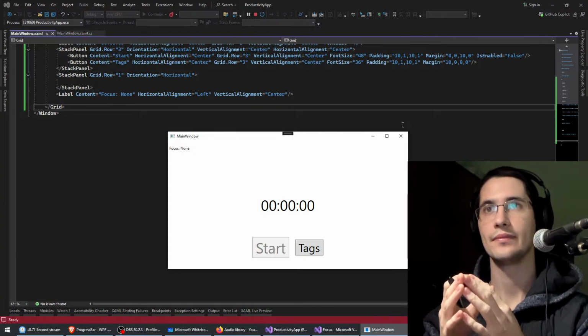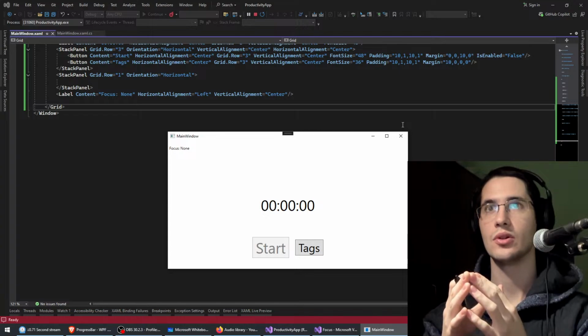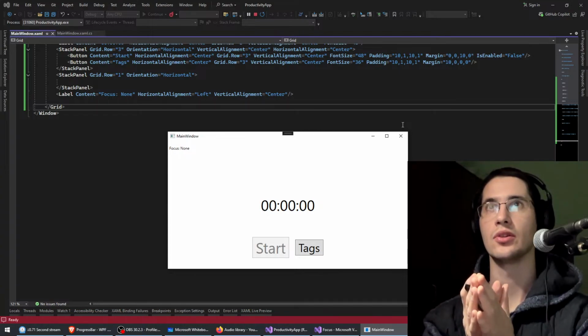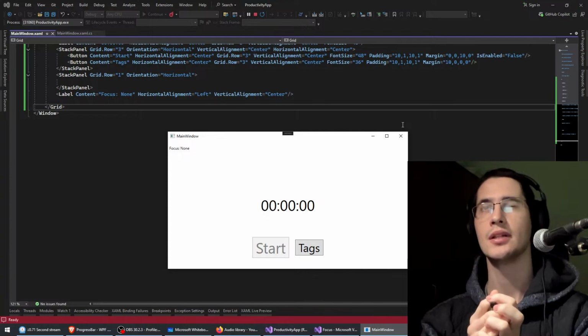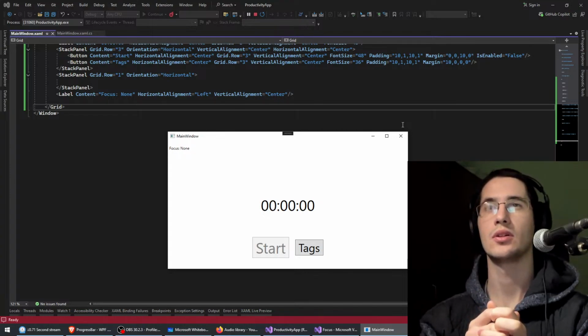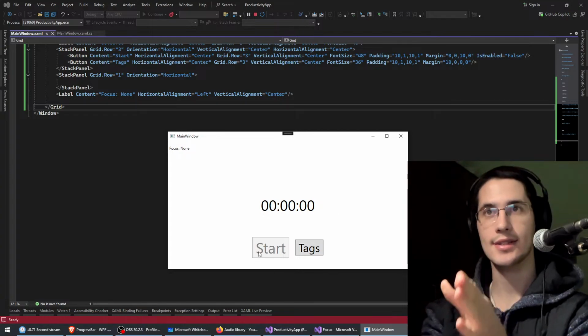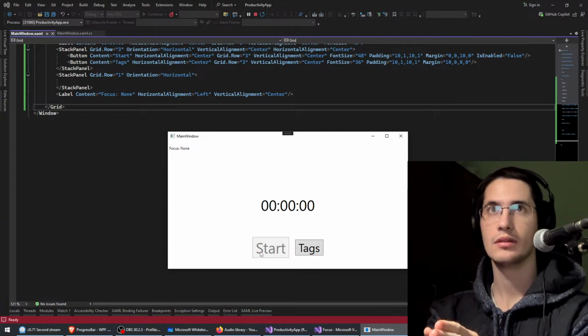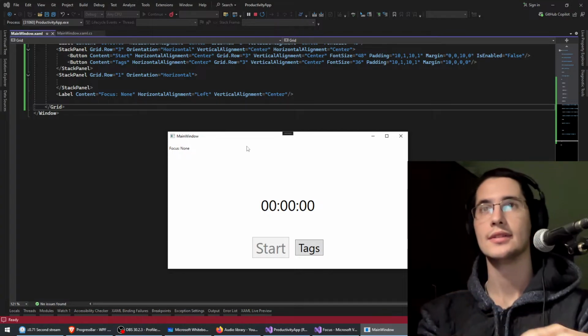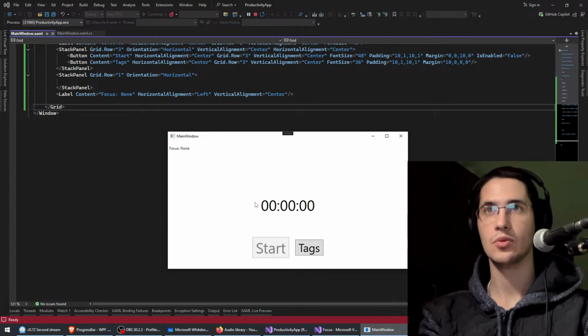So we could have another table that connects them, where when we click start, it will start the timer, but here we also have a tag selected. So when the session is created,